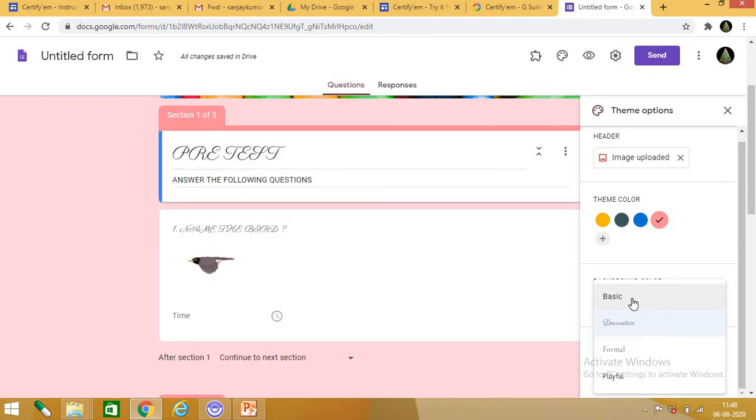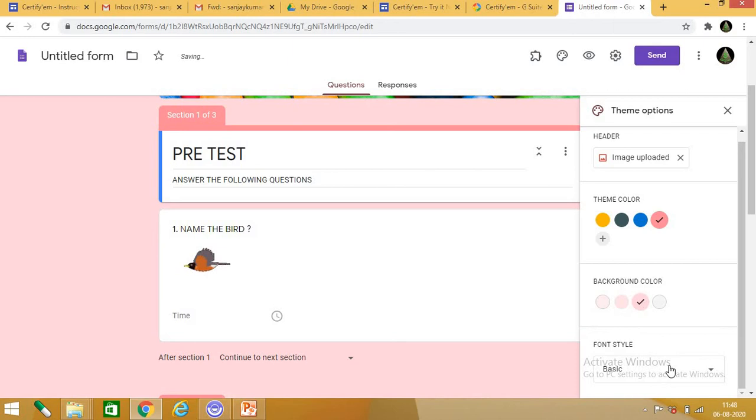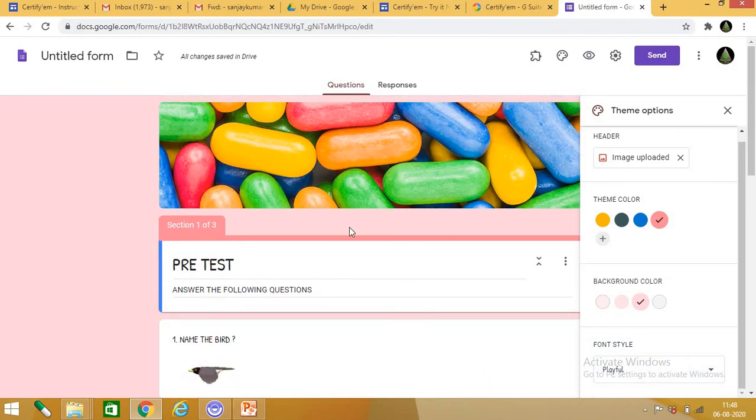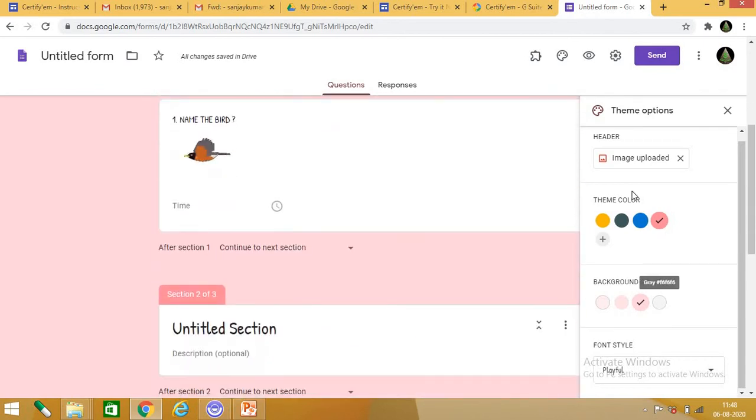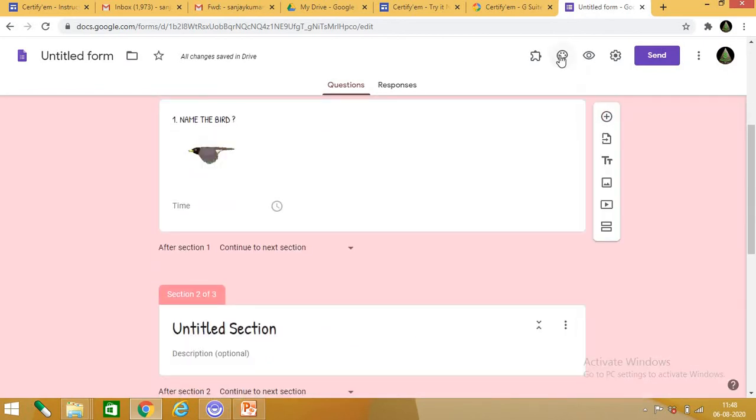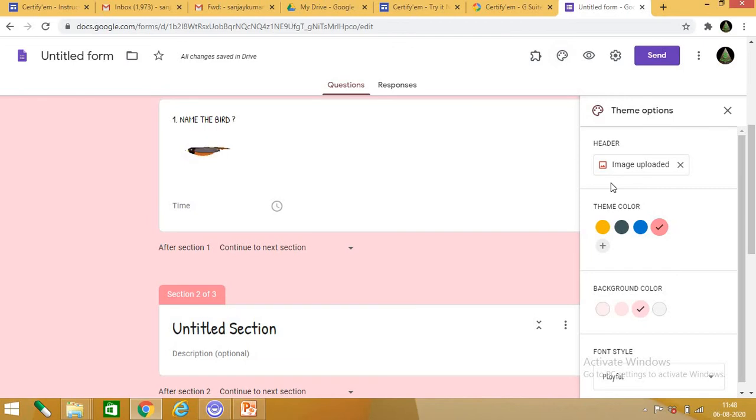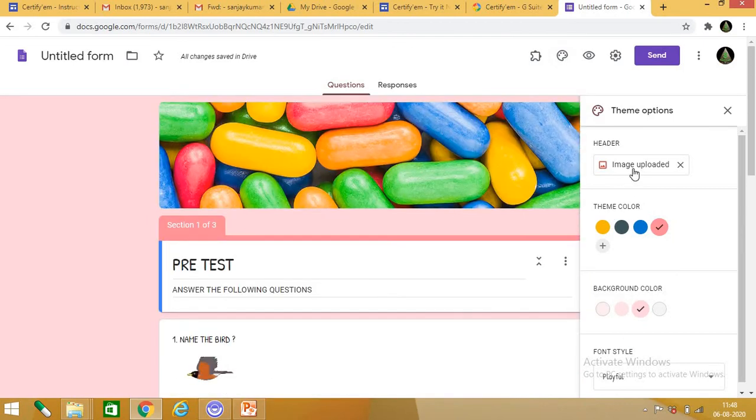The best one is basic, so that everybody can read it. Then formal also. Then playful, this type of font you will get. So all these you will get in this color palette. From here you can change the theme, header, theme color, background color, and font of this Google form.